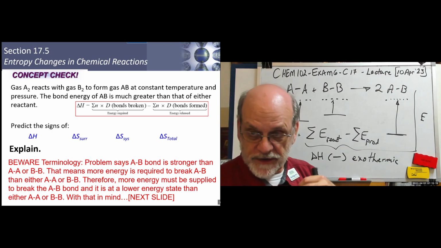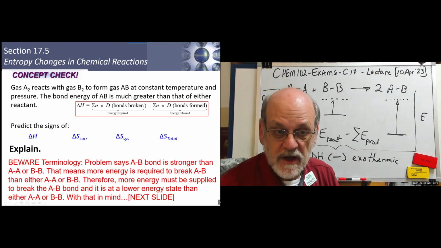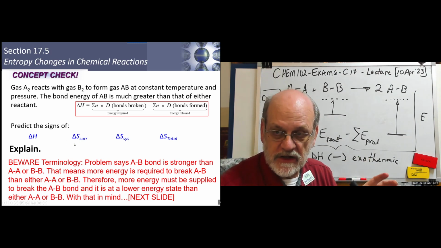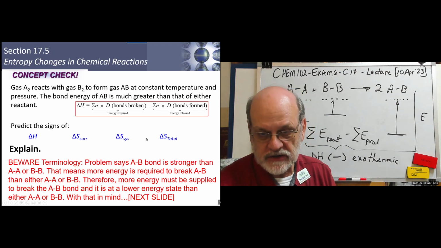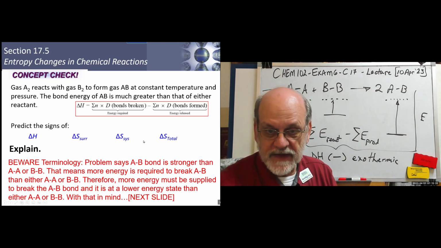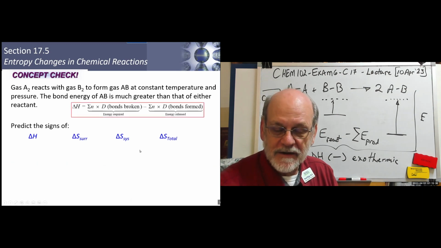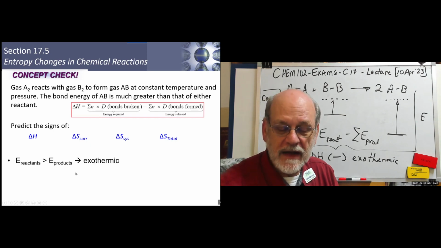So now with that knowledge, we can answer the question, predict the signs of these terms: the change in enthalpy, the change in entropy for the surroundings, change in entropy for the system, and the total change in entropy. So I've got that on the second slide. Okay. So using this information, we know that